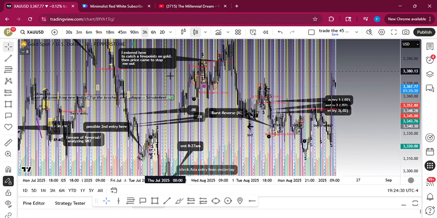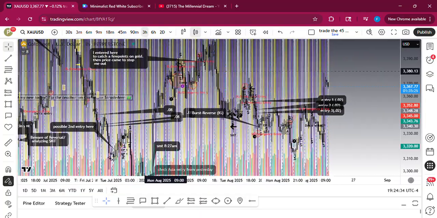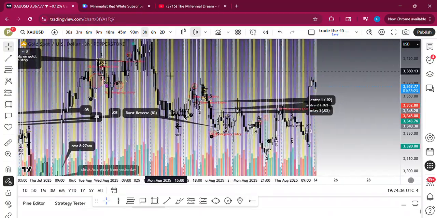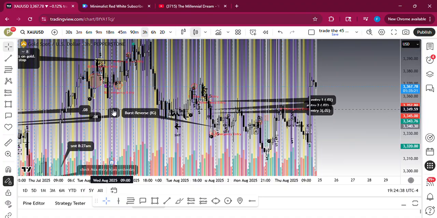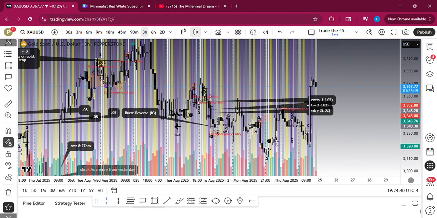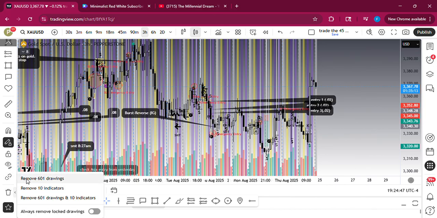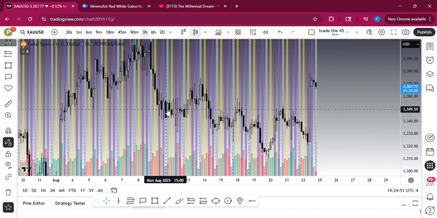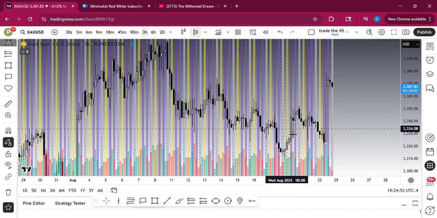Then you can actually take two fingers if you're using a trackpad. You can scroll down to bring it closer and things like that. I mark up my charts a lot, which is why mine looks like this. But if you ever want to get rid of your drawings, you could just go over here to the trash can and go remove drawings, and it'll look like this. So when you see a candle go up, that's basically an asset that's rising